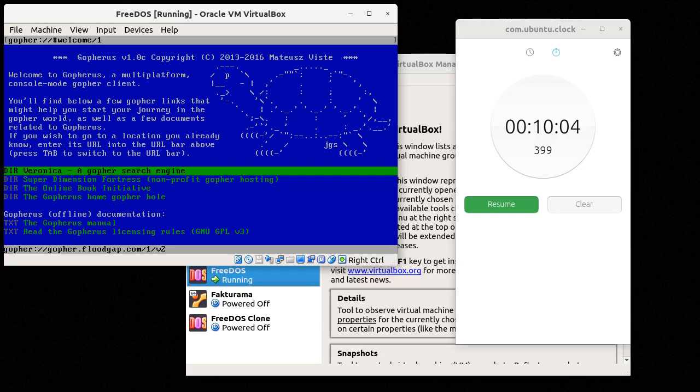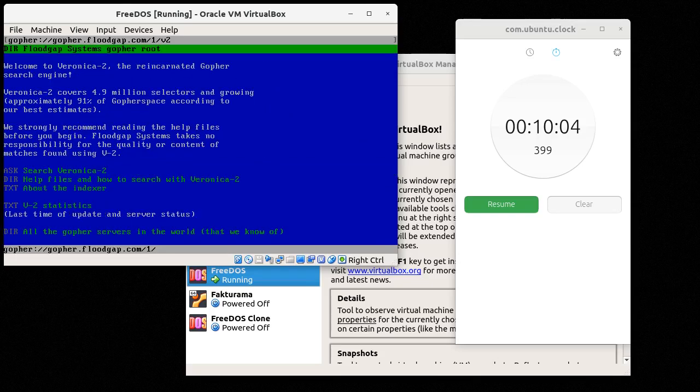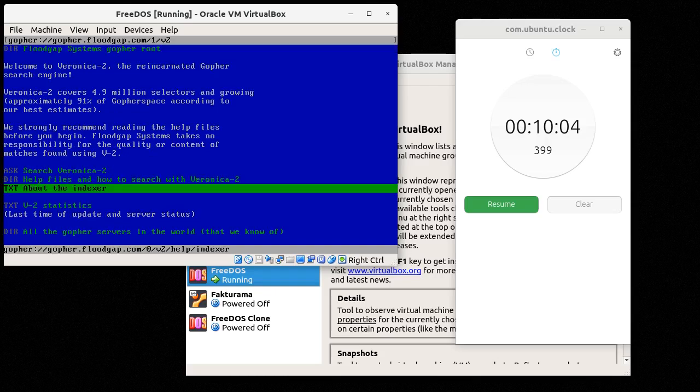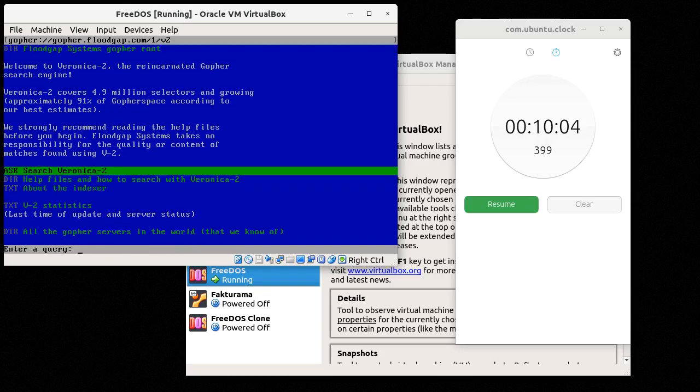Gopher offers a lot of stuff. You can look into news feeds. You can view private websites, even blogs, which are called phlogs, which is some kind of acronym for blogs in Gopher. And what I'm going to do right here is to use Veronica, which is a Gopher search engine. And there's a term that I want to search for, which is called